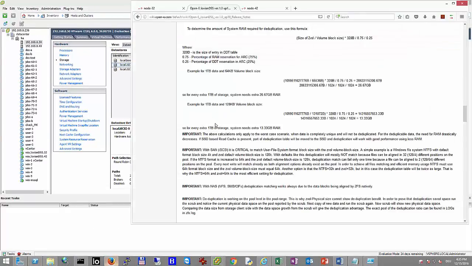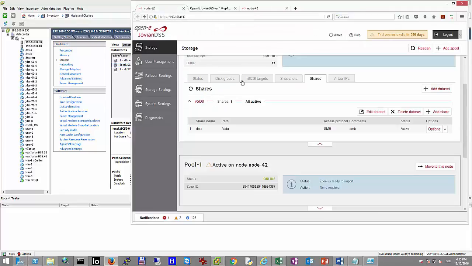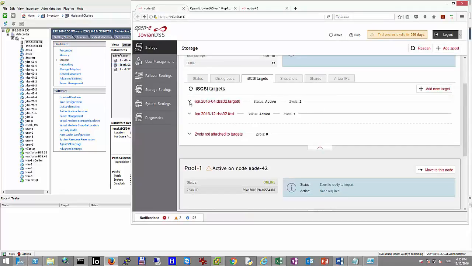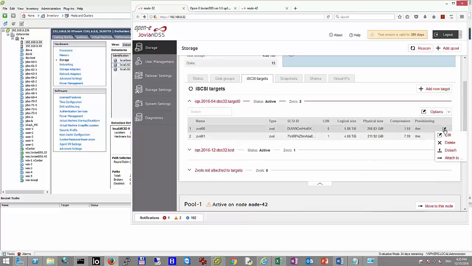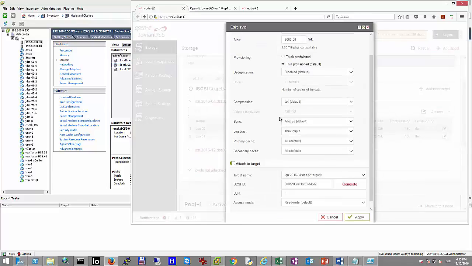Let me switch to Jovian. Okay, so iSCSI, when we go to the volume, we can see in the edit that the block size is defined as 128K. If you are using iSCSI for NTFS and the duplication, please do 64, and please choose the format of the NTFS 64. In such case, you will have the best combination, because every block by format will be sent by 64K, and Jovian will also store 64K.